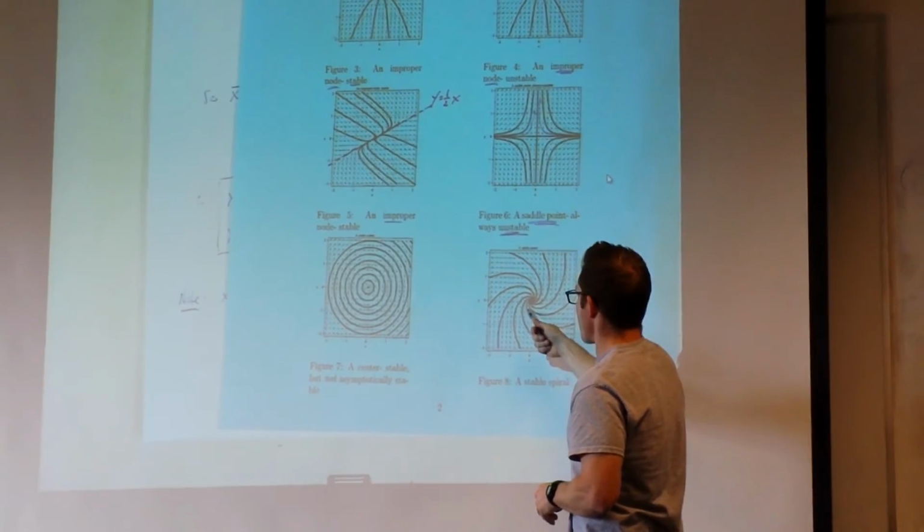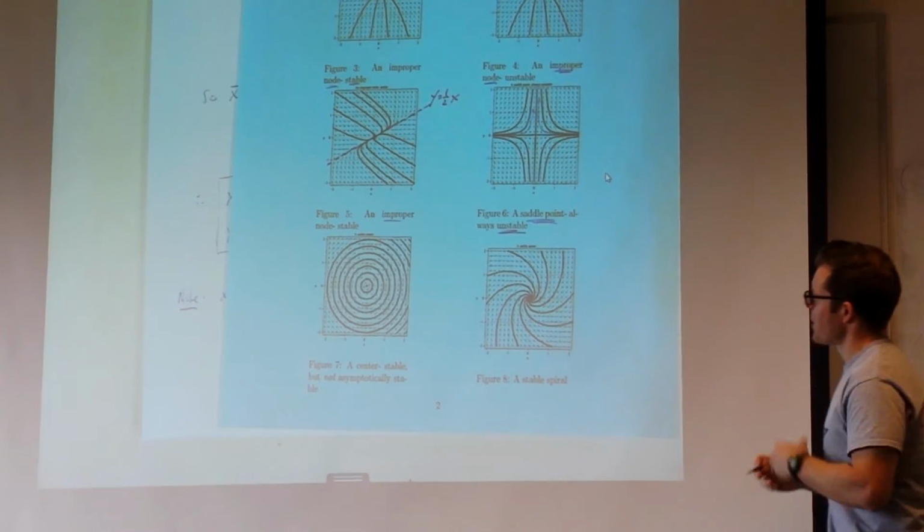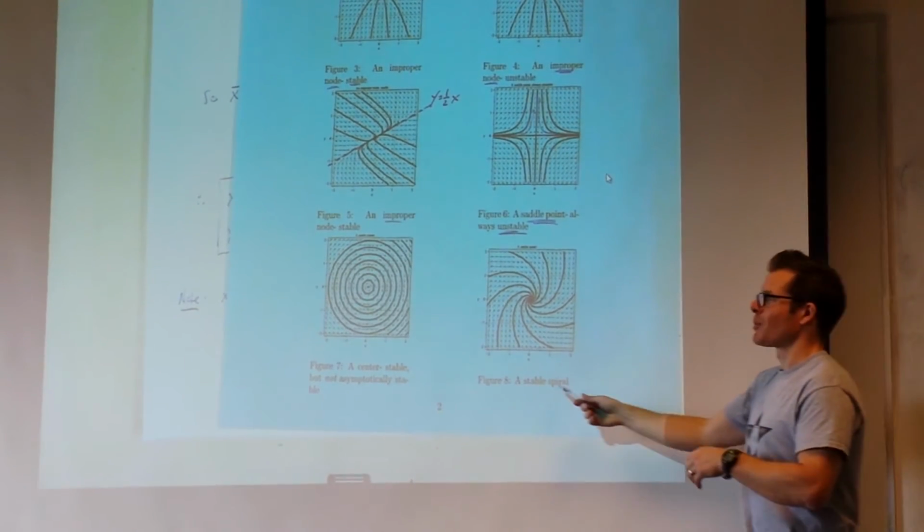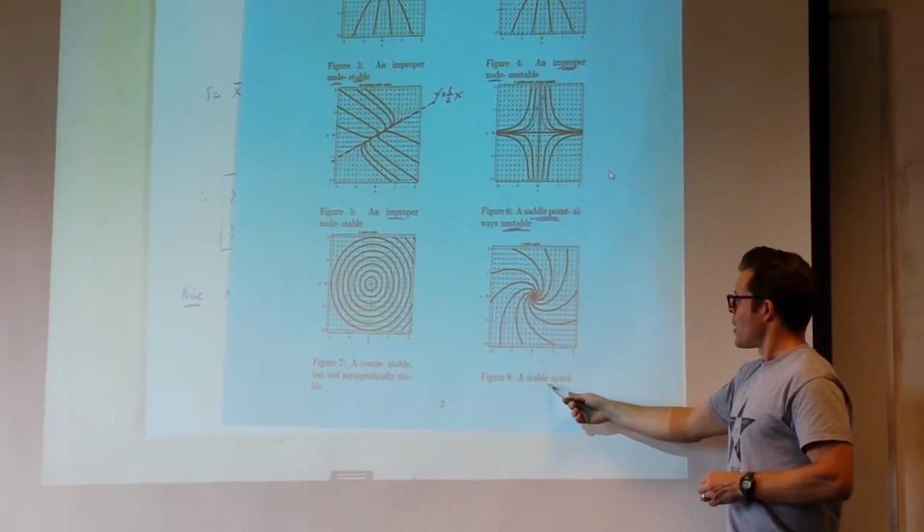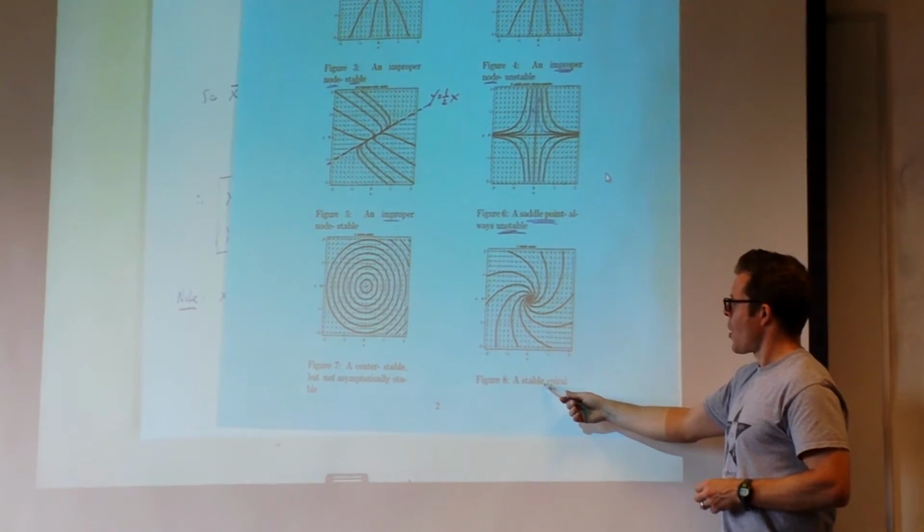That would be a stable spiral. This would also be something that involves cosine and sine, but this is what you get. We're not going to do another one of these. This is what you get if you had complex